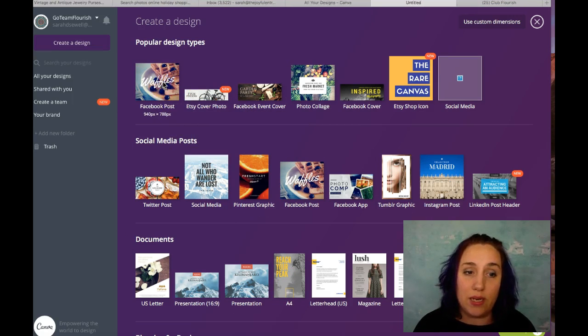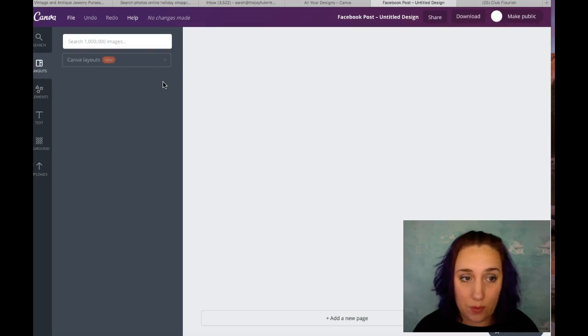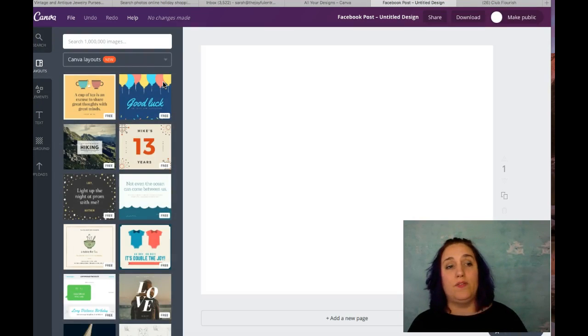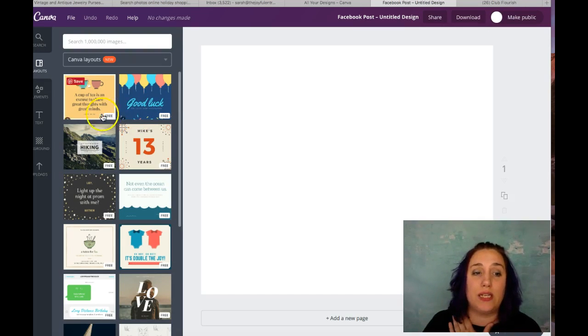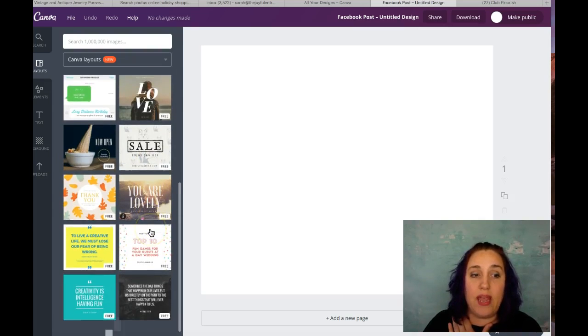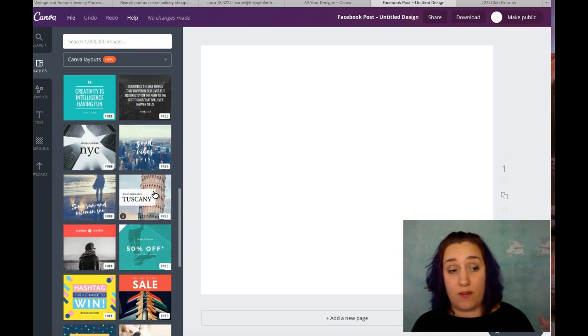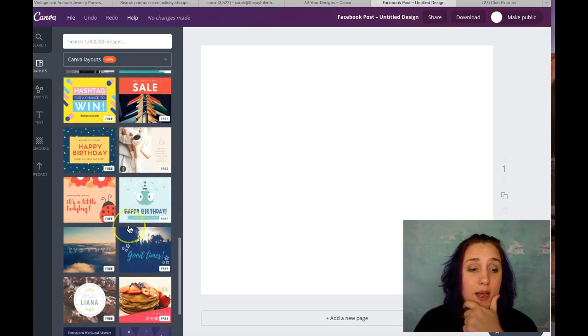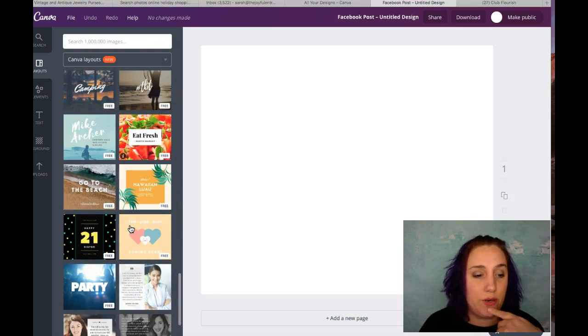So like you would click on Facebook post, it's going to bring up the template, which is the perfect sizing for Facebook. Okay, now if you look to the left here, they already have a bunch of pre-made designs. And I know a lot of you have seen these. A lot of people use them on Facebook. So you can kind of scroll through here. And if you wanted to do a regular Christmas graphic,